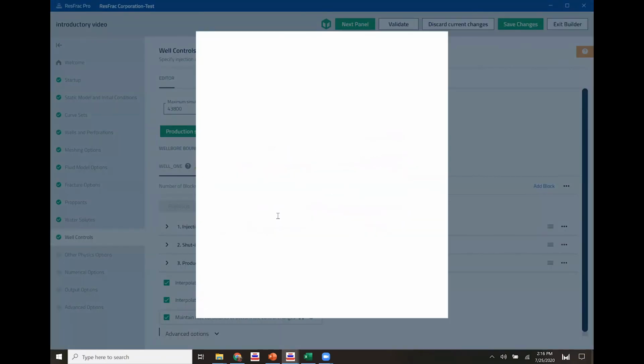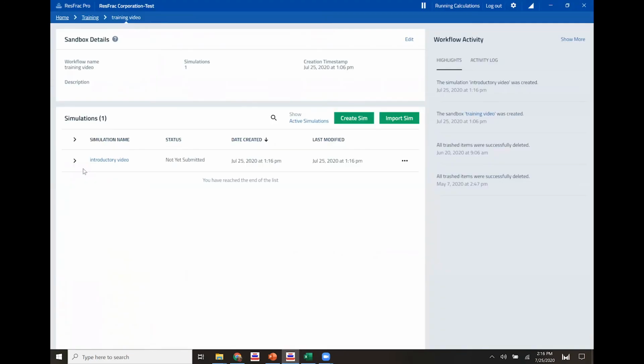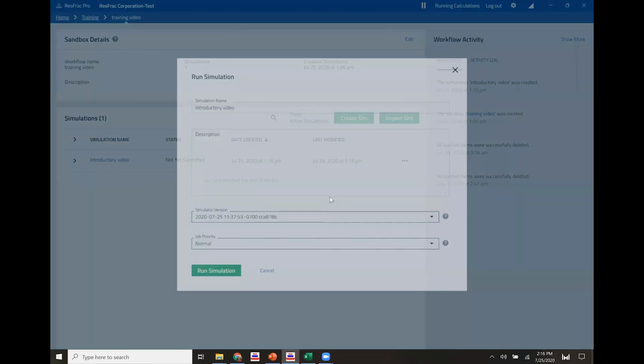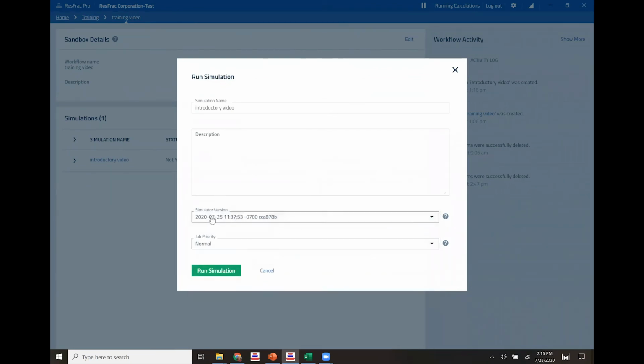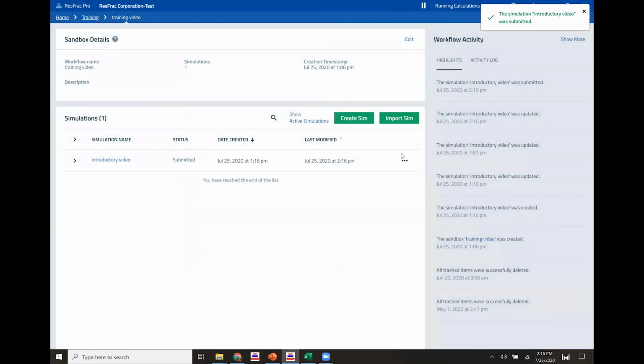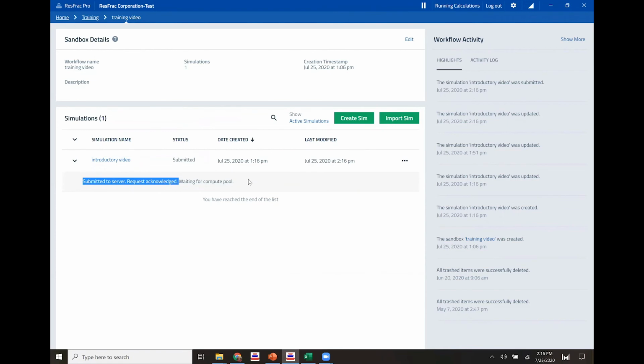Okay, and then you can always save and exit. And of course, the final step is just to run the simulation. So from the menu, click Run Simulation. You can choose a different simulator version if you want, but the general recommendation is to use the latest version of the simulator, and click Run. This will submit the simulation to the cloud server, and results will download progressively as the simulation runs. For updates, if you click the little arrow next to your simulation, you'll get updates as they come from the cloud server. Good luck, and let us know if you have any questions.